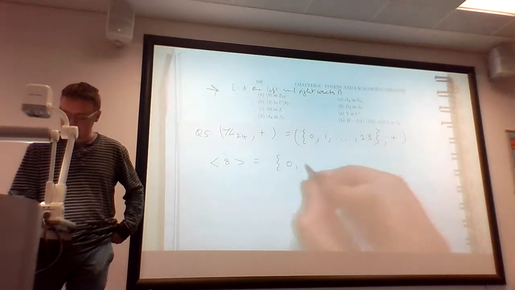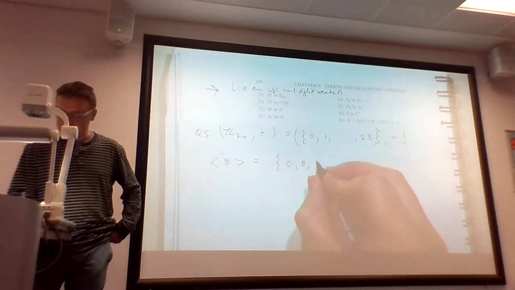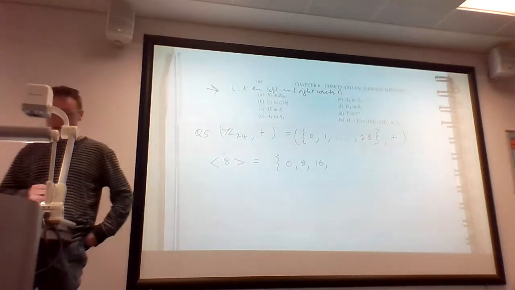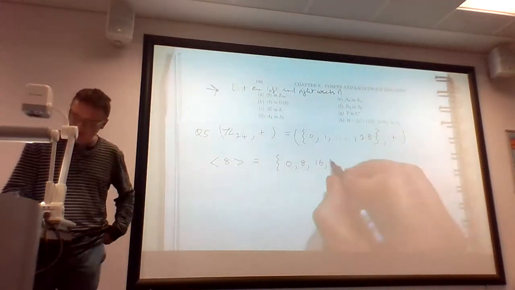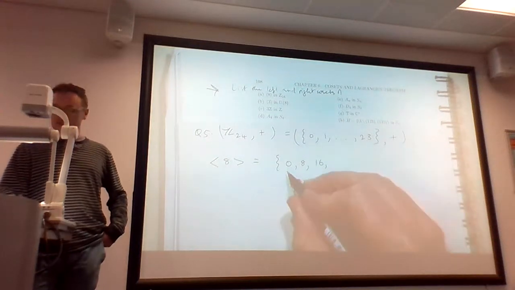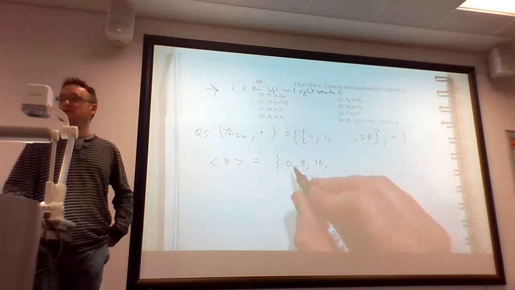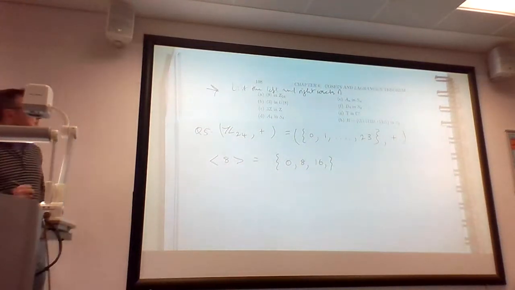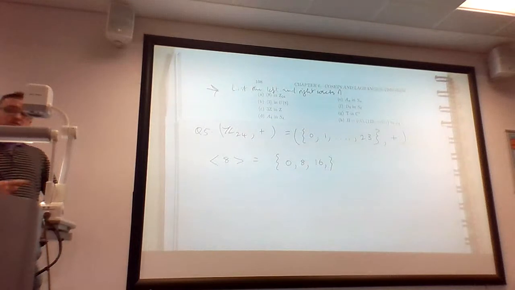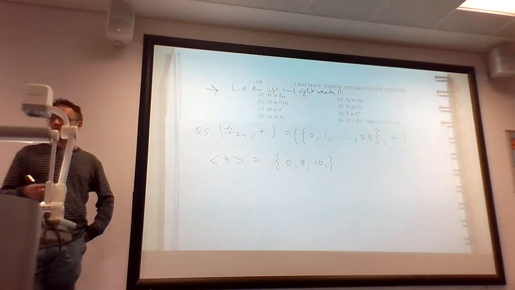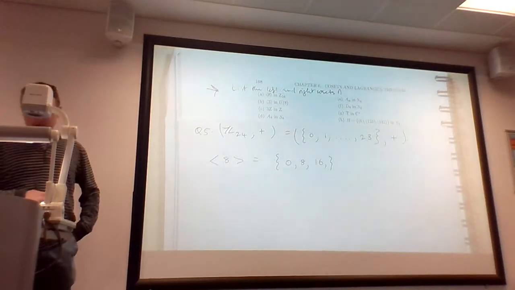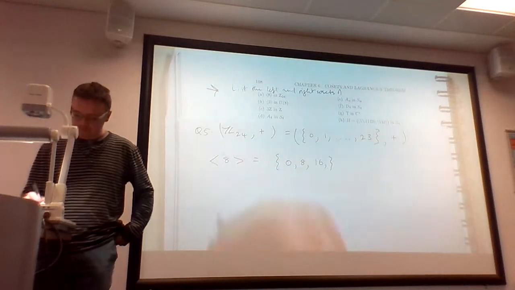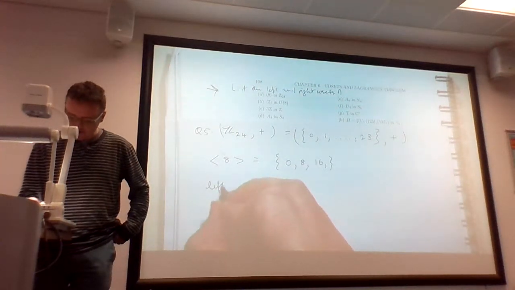So you've got 0, 8 itself, 2 times 8 is 16. 3 times 8 is 24, so you're almost tempted to write down 24 there, except you realize you've already listed it. It's there, 0, it's already there. So there's just that three element subset, and it's also a subgroup under the operation of addition. Okay. So what are the left cosets